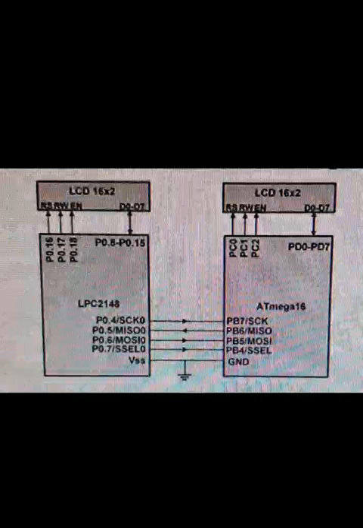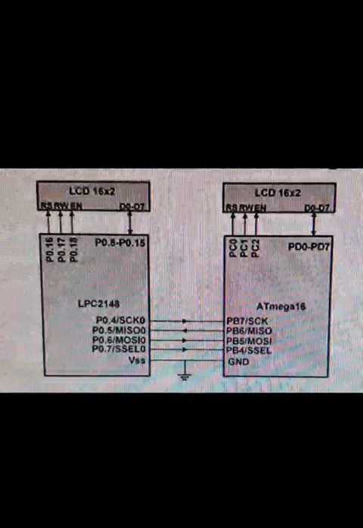The steps for SPI0 data transfer: first is the SPI0 master write mode. In master write mode, make the SSEL pin low using IOCLR to select the slave. Then load the data, which is written into the data register. Wait for the transmission to complete. Then make the SSEL pin high using IOSET, which deselects the slave and disables the SPI transmission to that device.